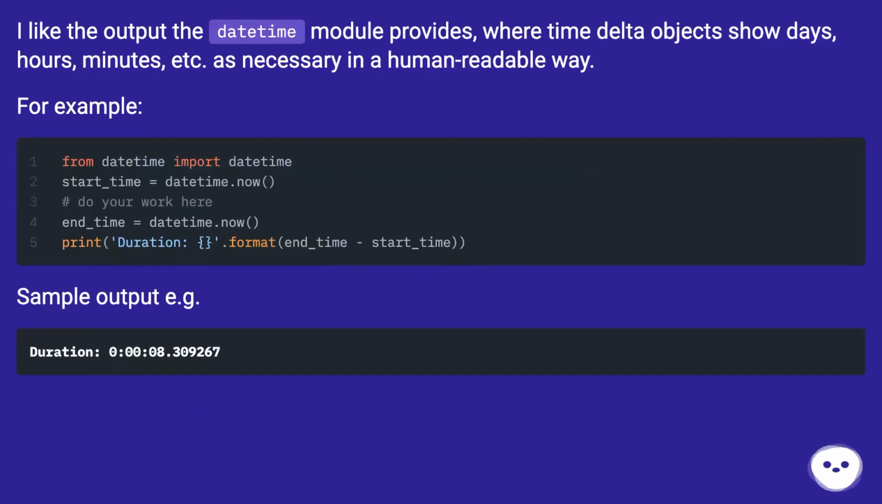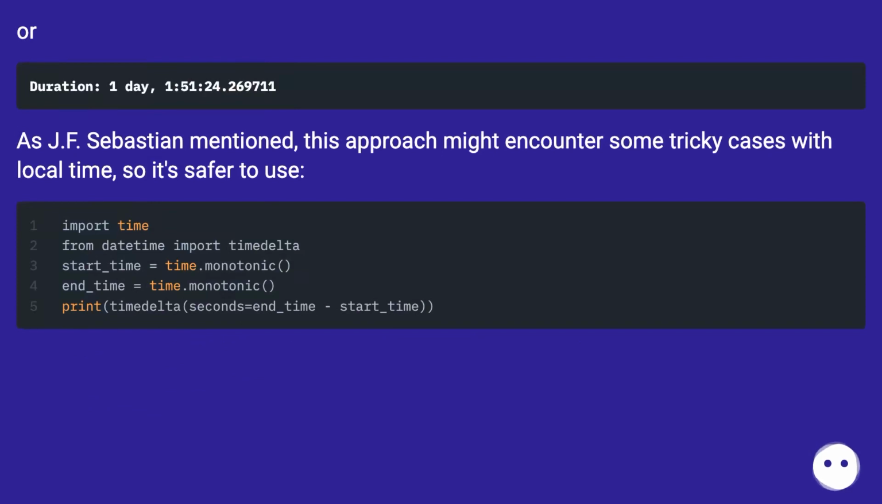I like the output the datetime module provides, where timedelta objects show days, hours, minutes, etc. as necessary in a human-readable way. For example, sample output for example. Or, as J.F. Sebastian mentioned, this approach might encounter some tricky cases with local time, so it's safer to use